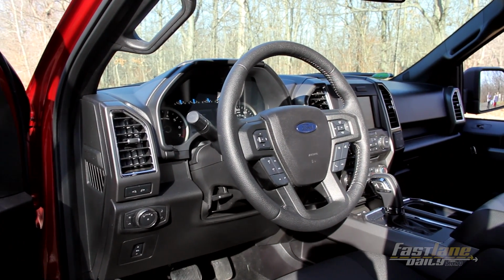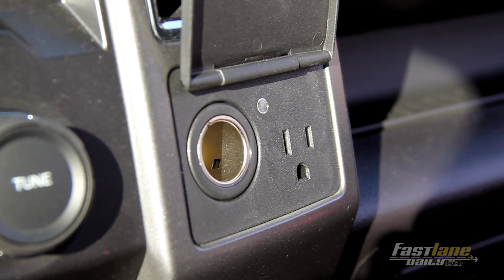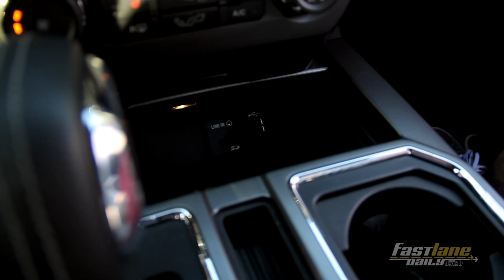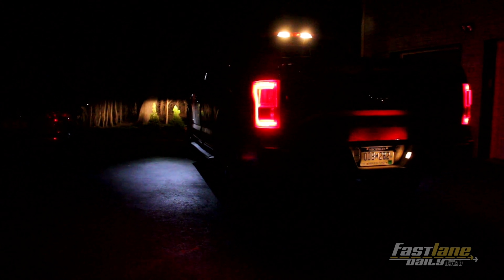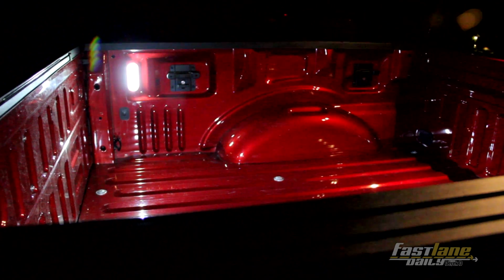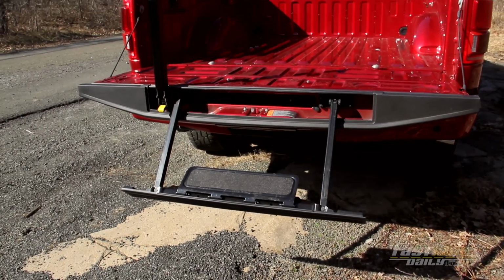A few more items to round out the interior. It has plenty of power outlets, both 12 volt and 110 volt, like the outlets in your house, cup holders, and plenty of storage. This particular truck also came with an LED package, which lights up the ground brightly underneath from the side mirrors. Also in the bed of the truck are LED lights that help with loading and unloading at night. The tailgate has a step that pops out and a handle as well to help you in and